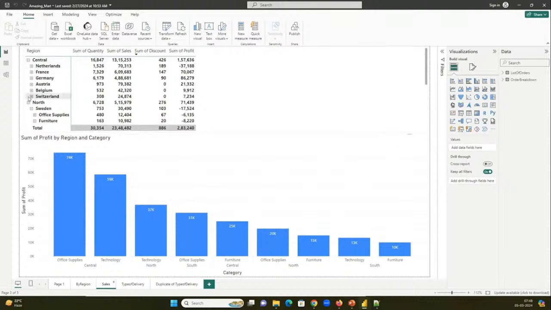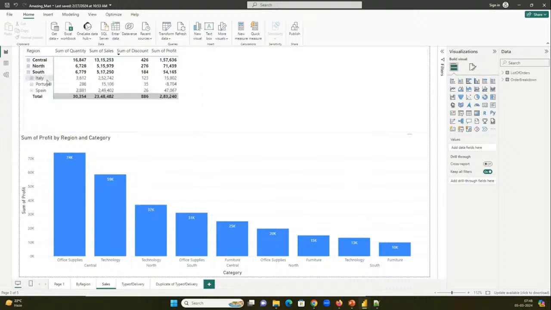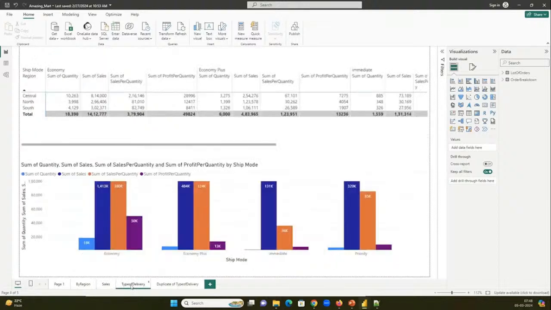This is a metrics view, and within a particular region, how many countries are present. Like if you see the South region, we have Italy, Portugal, Spain, and then what is the sale value, what is the discount value, what is the profit that we are making, and which product is making us more sale. If you see office supplies, we are making 74K, and technology is 59, which is coming next to office supplies. And then we have the type of delivery, like economy delivery, economy plus delivery, immediate delivery, priority